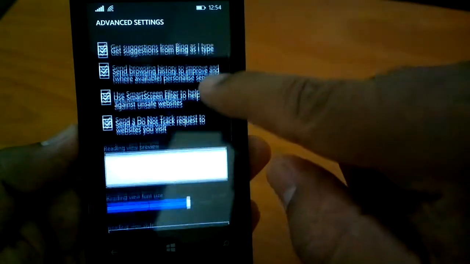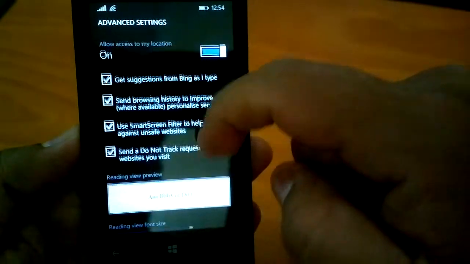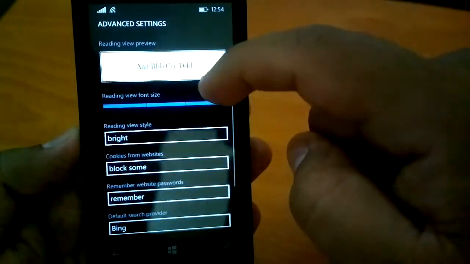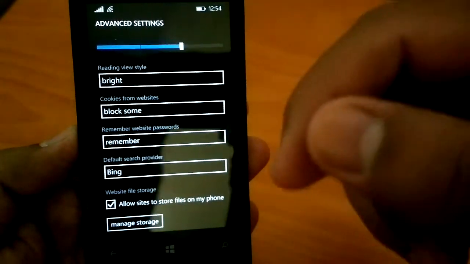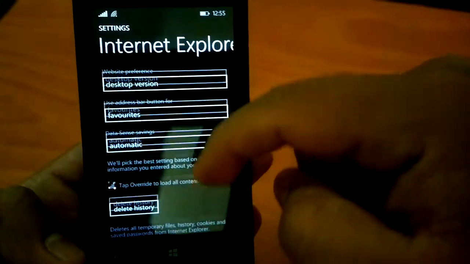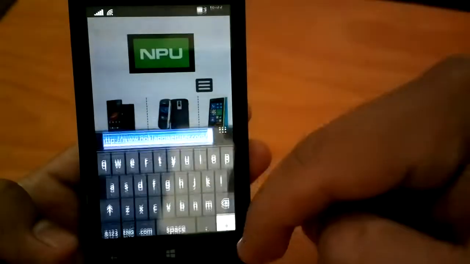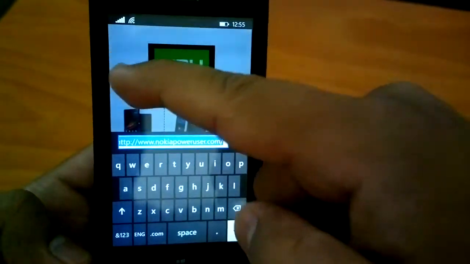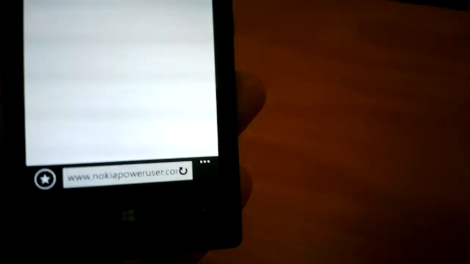So not only do you have quite a new mode which is called reading view, but also the password manager is there, upload download options are there. Okay, now apart from that, what we have just seen, if you go to a web page, so if we are at Nokia Power User, you can see this small refresh or stop.